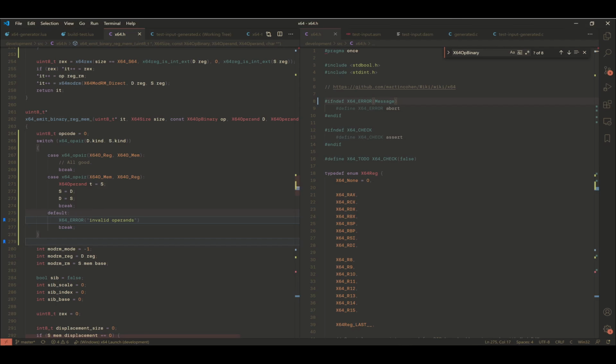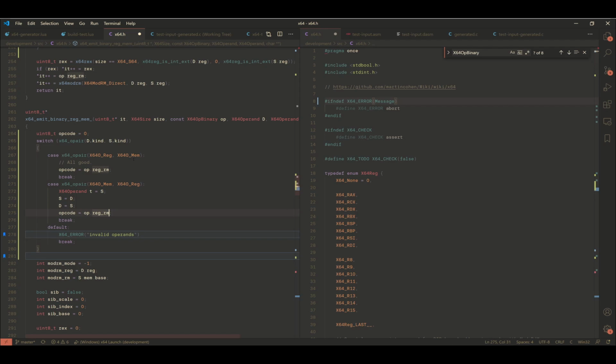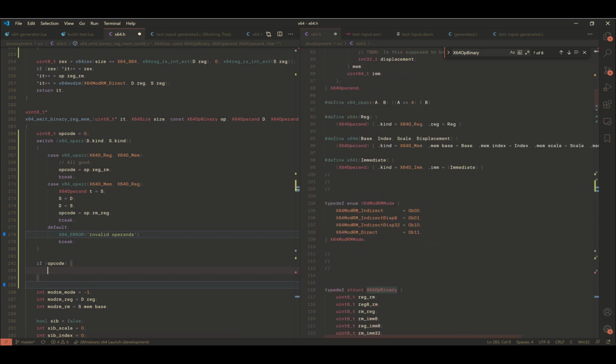All right. So in this case, the opcode will be op.reg, register on the left and memory on the right. But in this case, it will be the other way around. And here we will check whether the opcode is set. And if it's set, we need to check whether it's 0, because there might be functions that,